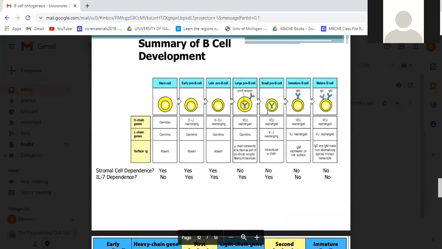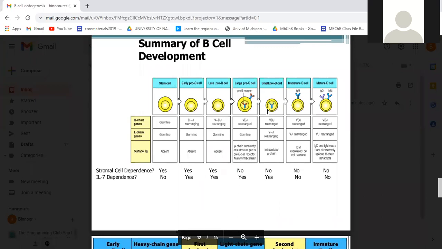So in summary, we are looking at what happens at each and every stage of the B cell development. Now, this table gives you a detailed summary in terms of the heavy chain, which happens in the stem cell or the germline. And when you move to the early pro-B stage, we have the heavy chain rearrangement. And then late pro-B, you can have further rearrangement, and the process keeps on moving as the